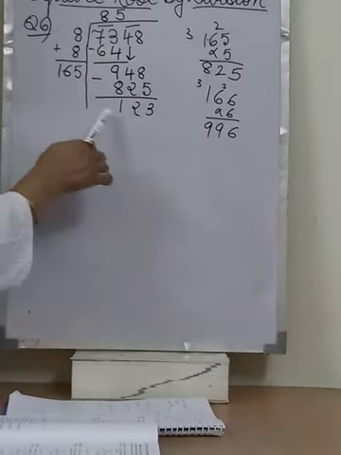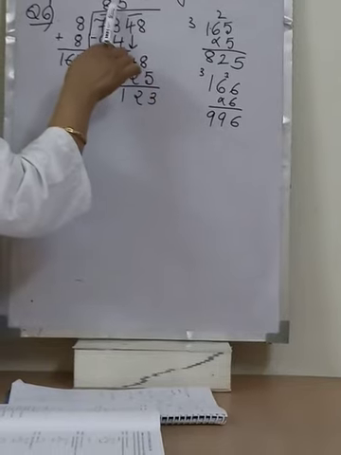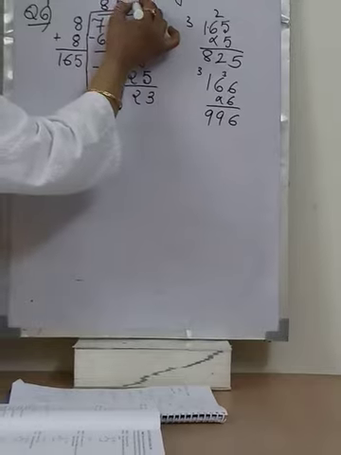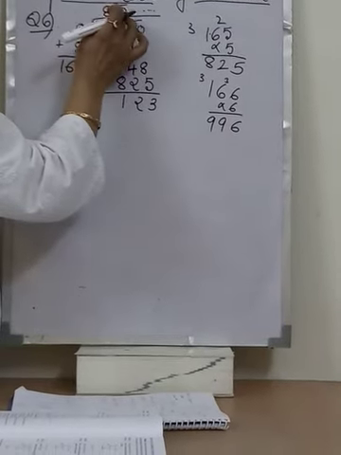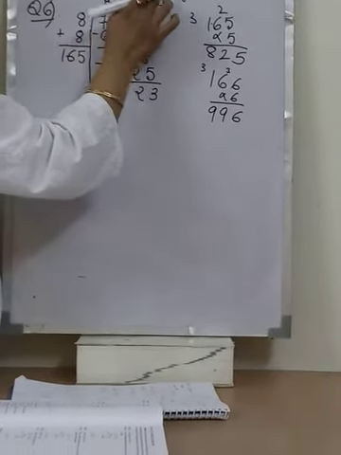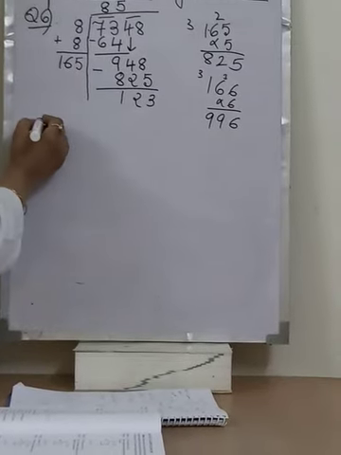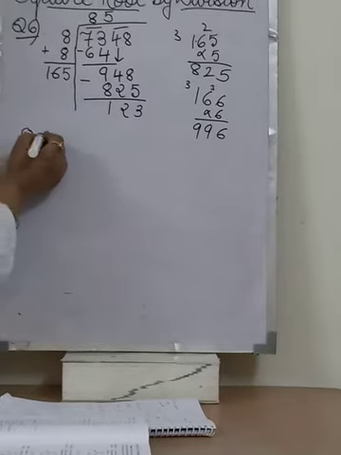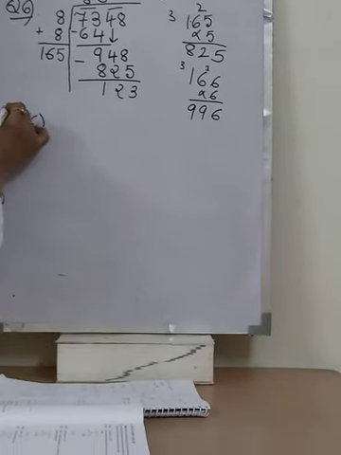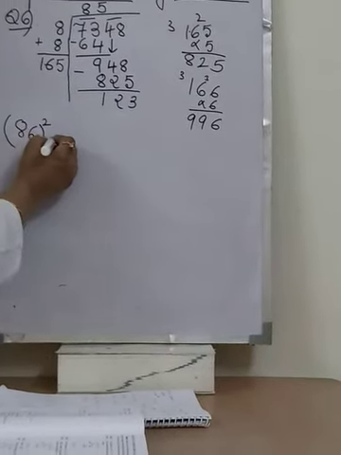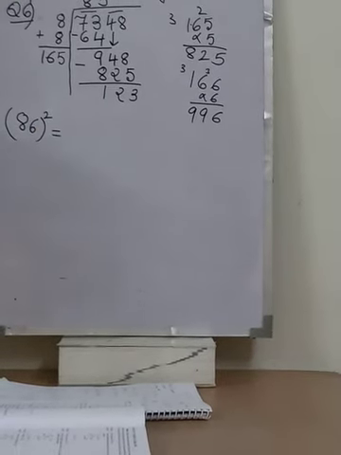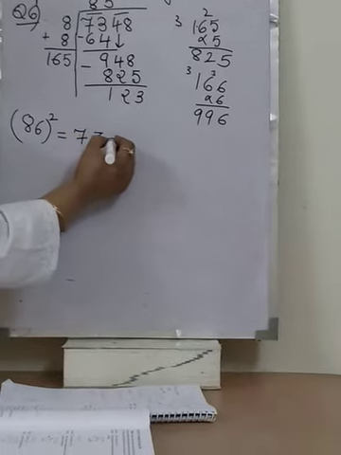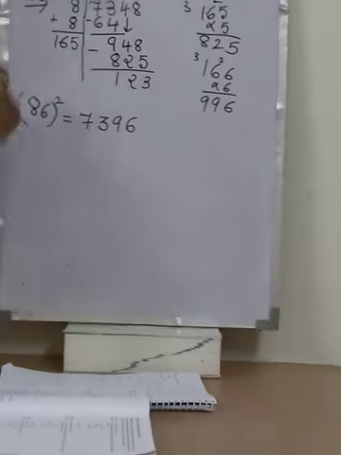So the square root of 7348 is greater than 85, because if we solve it completely, we are going to put a decimal and we have to write some number. So that means it is greater than 85. So the next number to 85 is 86. We will find the square of 86. When you find the square of 86, it will become 7396. You can check it out in your rough copies.